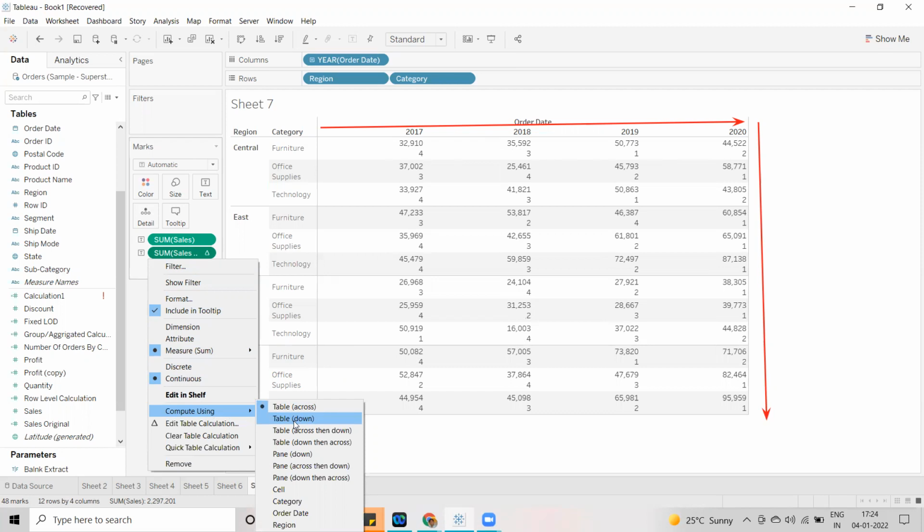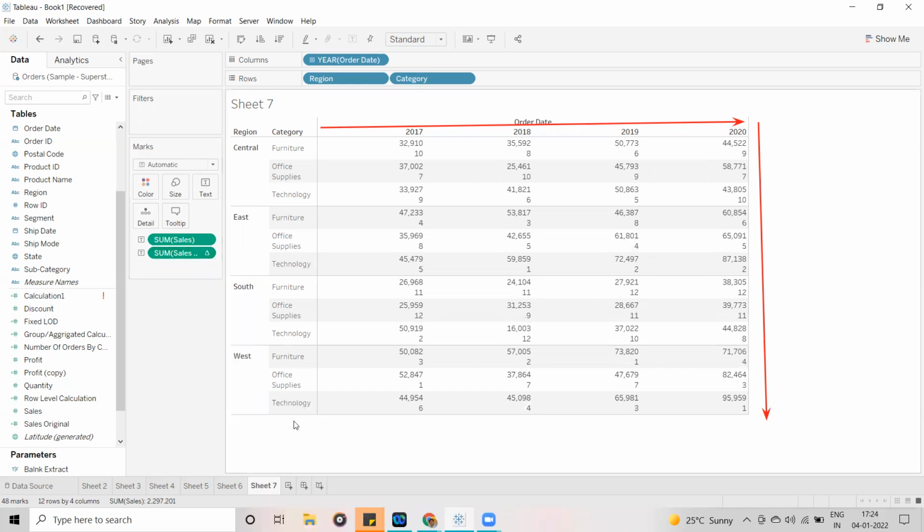If I click on the table down, now observe the screen. What happened, guys? The ranks have been applied now. How have the ranks been applied, guys? Any guess?